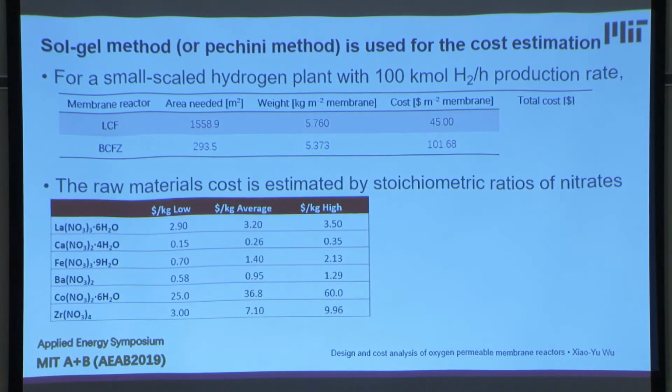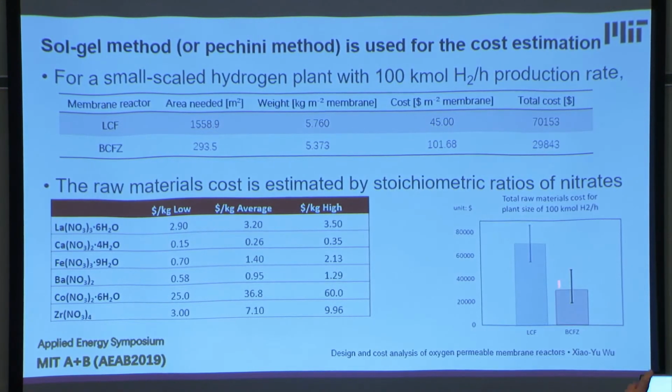We also compare the cost of this membrane based on the raw material cost. From the Alibaba website, we derived the cost of different minerals from these vendors and compared the costs, and you can notice that cobalt is much more expensive than other materials. The result shows that for the LCF membrane, even though the cost of the material is less than half of the BCF membrane, because you use a lot more material, the total cost is higher compared to the